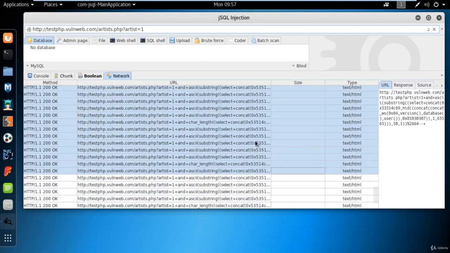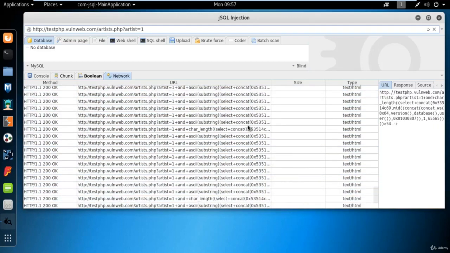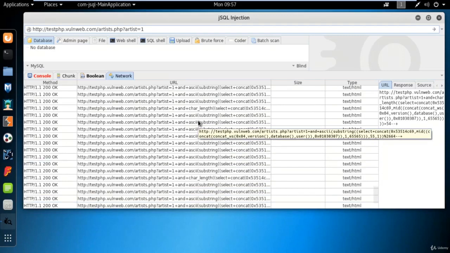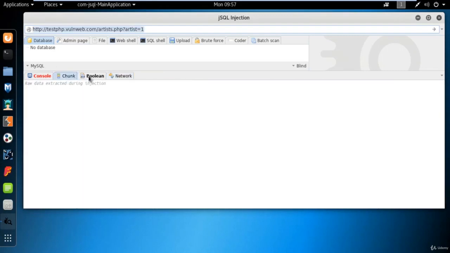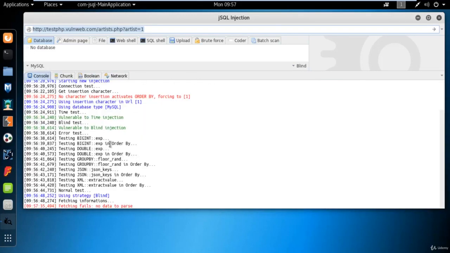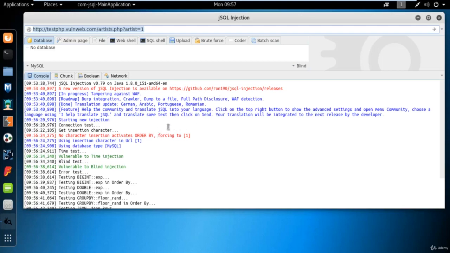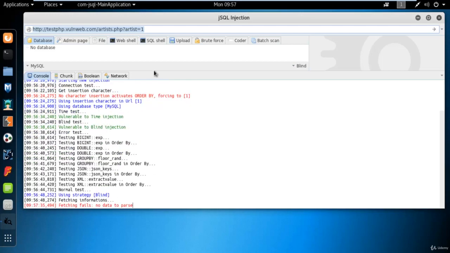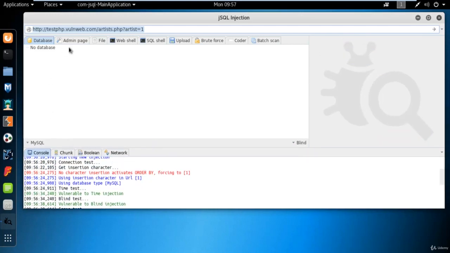It is using commands one by one to find out information about the columns, and you can see that it is trying to insert information. It has basically stopped working, meaning it has not found information for us.